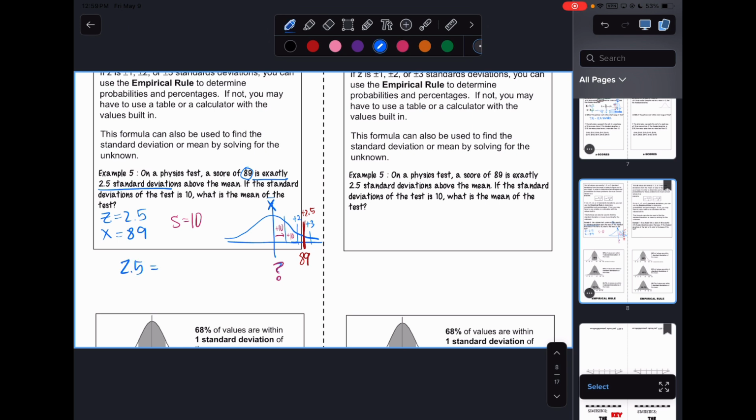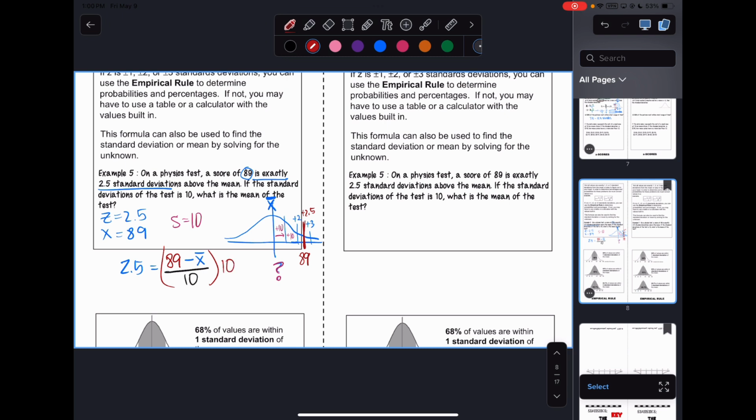2.5 equals 2. I'm going to go from 89, which is the score that I would have with 2.5 standard deviations, minus our mean, which is the unknown. That's supposed to be divided by the standard deviation. What's the standard deviation? 10. Okay. So multiply both sides by 10. You get